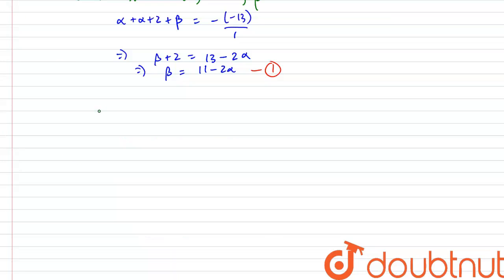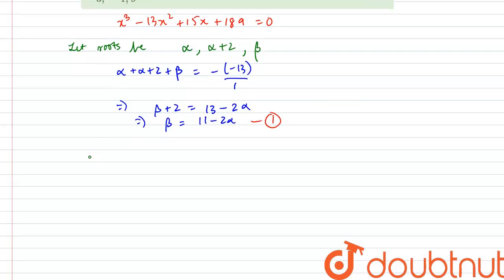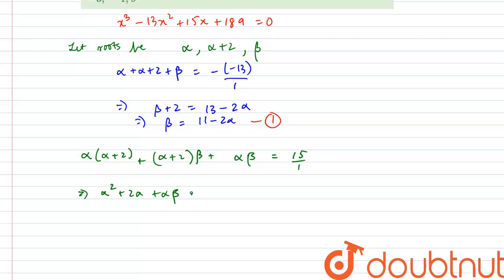We also know that the sum of the roots taken 2 at a time will be equal to c by a. So that will be equal to the coefficient of the third highest power of x divided by 1. So that will be simply 15 divided by 1. So the product of the roots taken 2 at a time will be alpha into alpha plus 2 plus alpha plus 2 into beta plus alpha into beta. So this will be equal to 15 by 1, right? This implies that alpha squared plus 2 alpha plus alpha beta plus 2 beta plus alpha beta should be equal